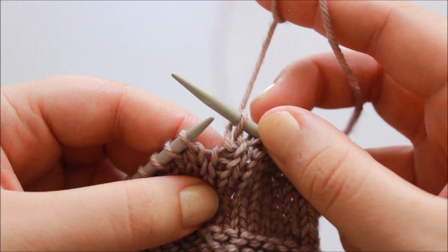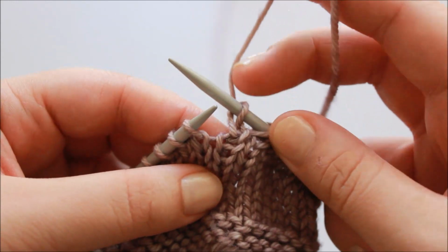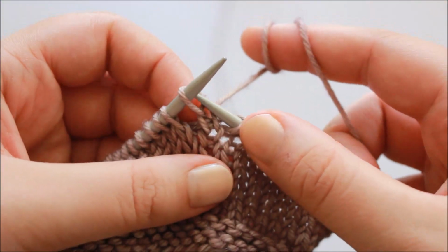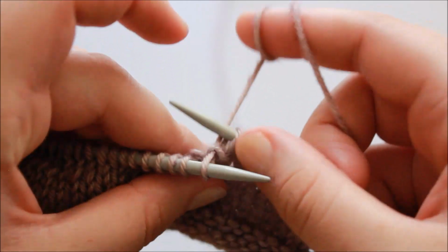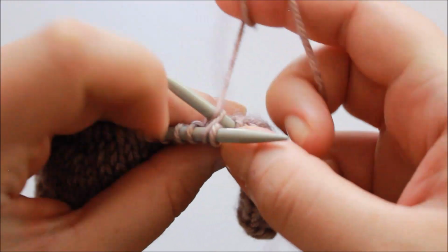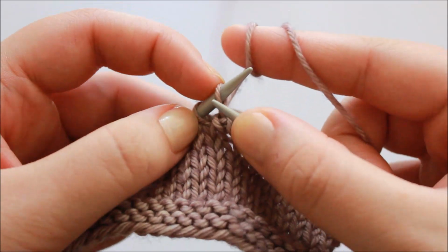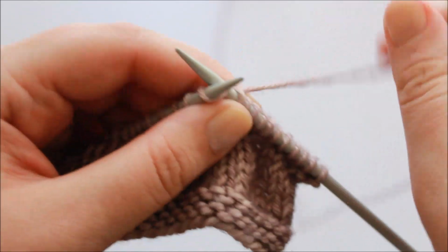Then the pattern says to slip the last work stitch from the right hand needle back to the left hand needle. So this is the last work stitch, goes to the left hand needle. And then we start to repeat again. So with the right hand needle behind, knit through the back loop of the second stitch on the left hand needle, leave everything there, knit the first stitch on the left hand needle, so we do that just through the front loop,